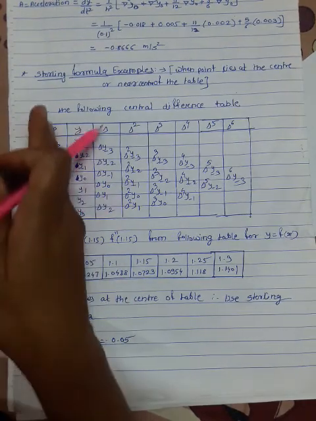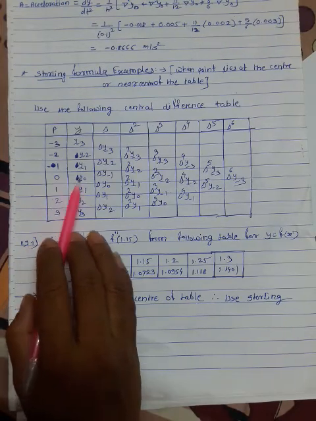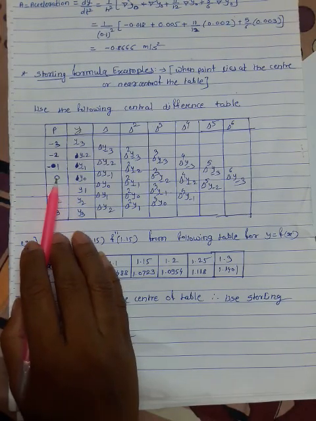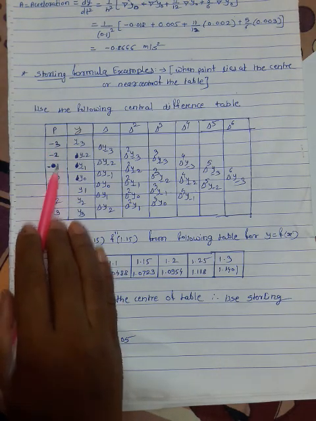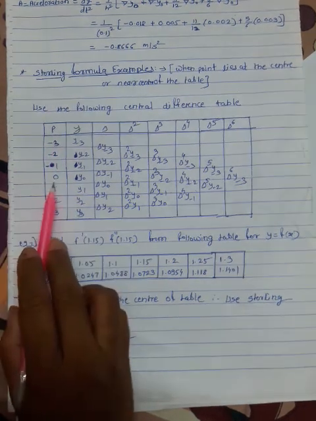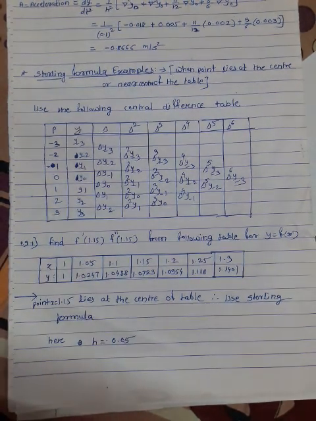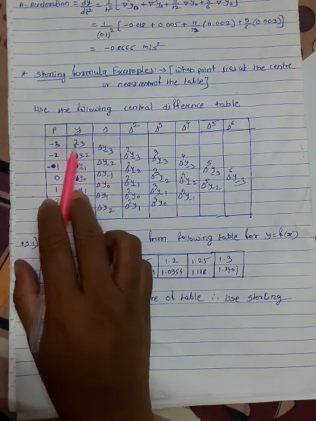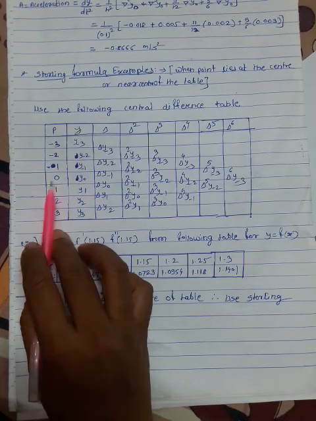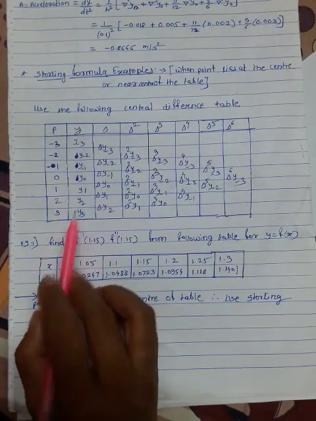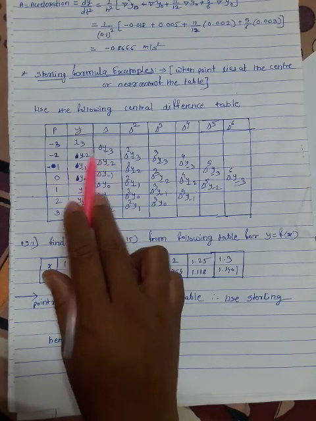At the start you have to make one separate column. In that column we have to start from the middle value, so we write 0 here. On the upper side we have to write -1, -2, -3, and for the lower side we write 1, 2 and 3. The notation for these is y suffix -3, y -2, y -1, y naught, y1, y2 and y3, and the corresponding del column becomes del y of the upper value,